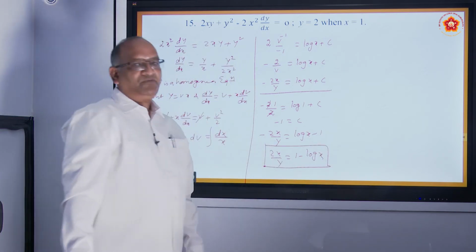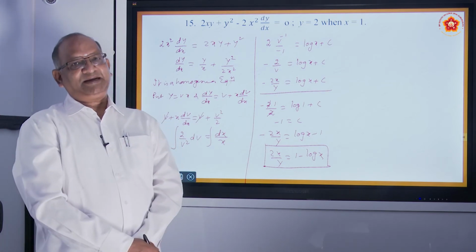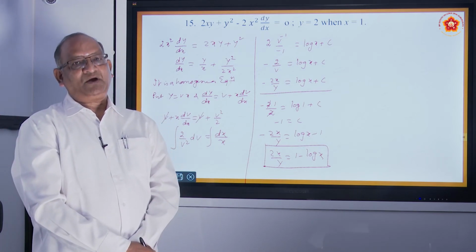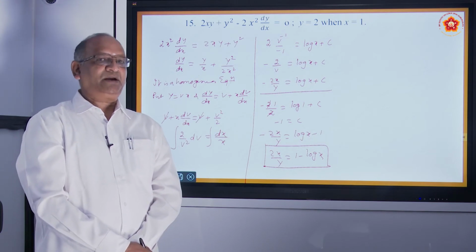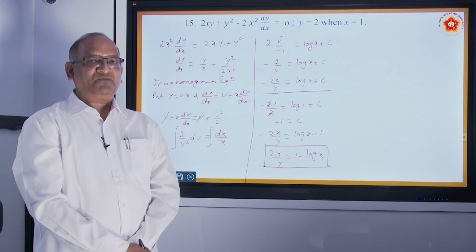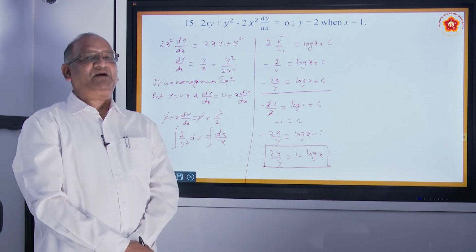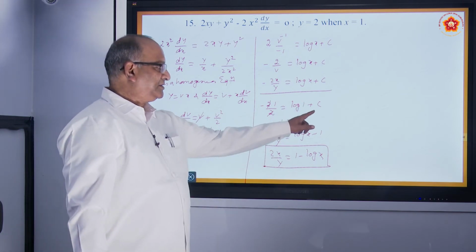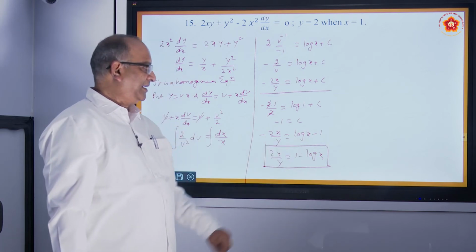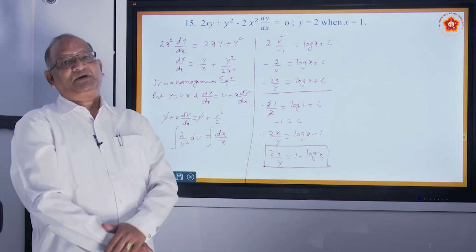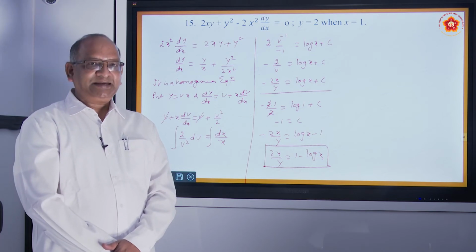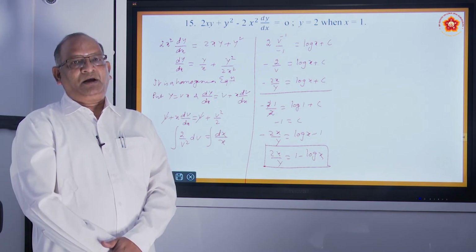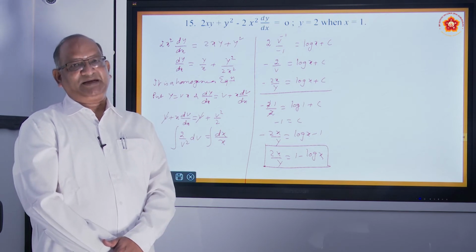This is the solution of the differential equation. What do we call this solution? We call it particular solution. Why do we call it particular solution? Because we have found out the value of the constant of integration c. c is replaced by minus 1. So it is a particular solution. And this is how we solve homogeneous equations, and this happens to be the second type of differential equation.